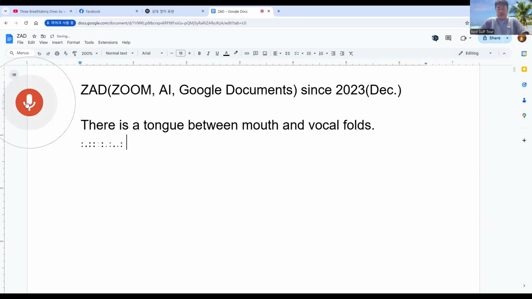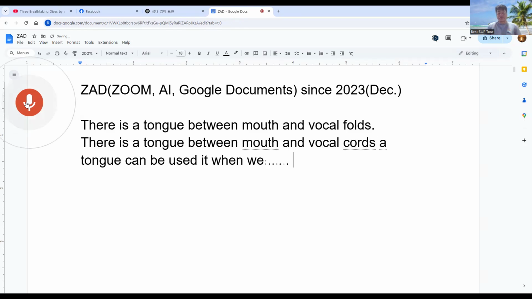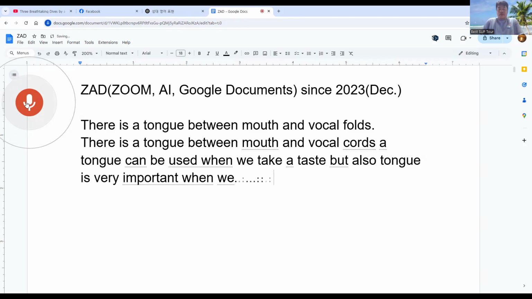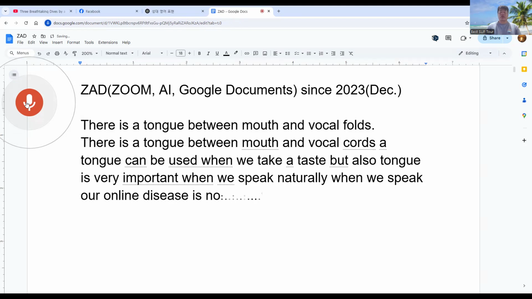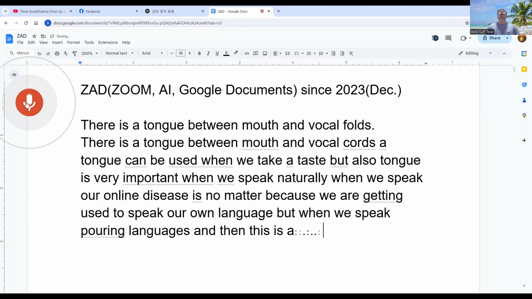There is a tongue between the mouth and vocal cords. A tongue can be used when we take a taste, but also the tongue is very important when we speak. Naturally, when we speak our own language, it's no matter because we are used to speaking our own language. But when we speak foreign languages, this is a very important part, because when we study a foreign language